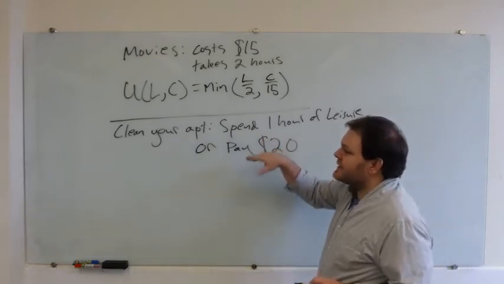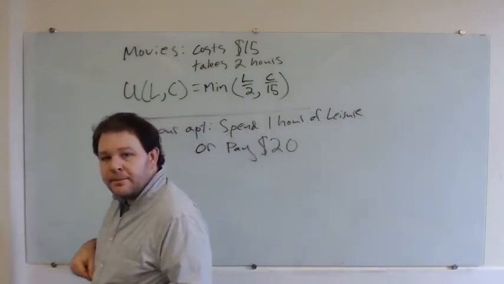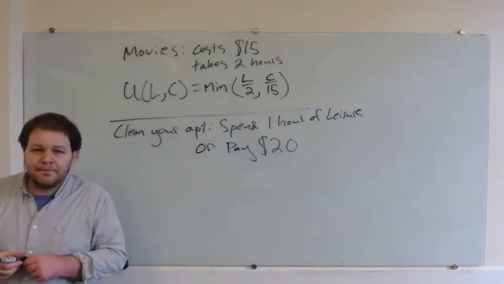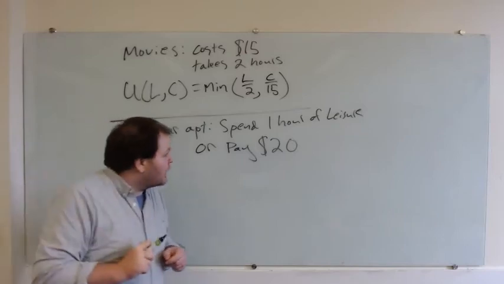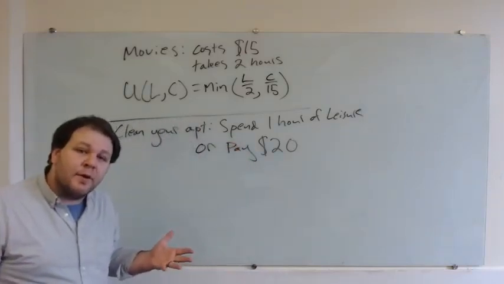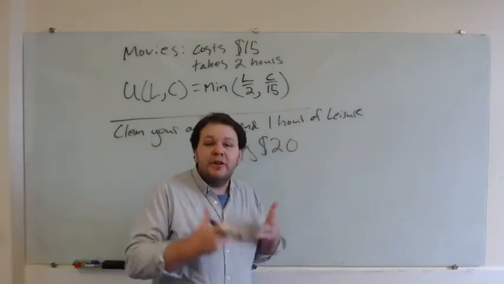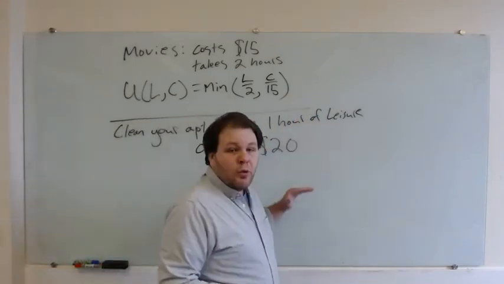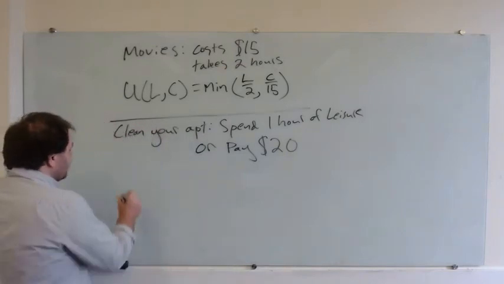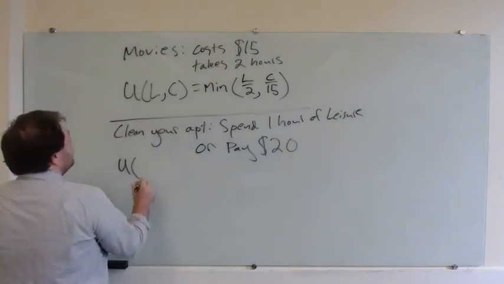So what are your preferences going to look like here? Again, I want you to think about it for a second. Pause the video if you want. So I'm going to argue, in this case, leisure and consumption are perfect substitutes. They do the exact same job, cleaning your apartment. You only need one or the other. And so if we think about what your preferences are going to look like, I would imagine something like